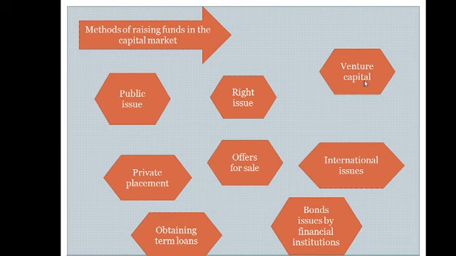All right. These are the methods by which you can raise money in the capital market. Now, as a student, you might plan in the future to start up a company with your friends. You have to choose from all these ones. You must not necessarily use all the methods. You can choose one. You can choose the public issue. You can choose private placement. Like they said, private placement is cheaper. You can choose rights issues, but rights issues, I think, is only when you have already started. It's not for beginners. You can choose